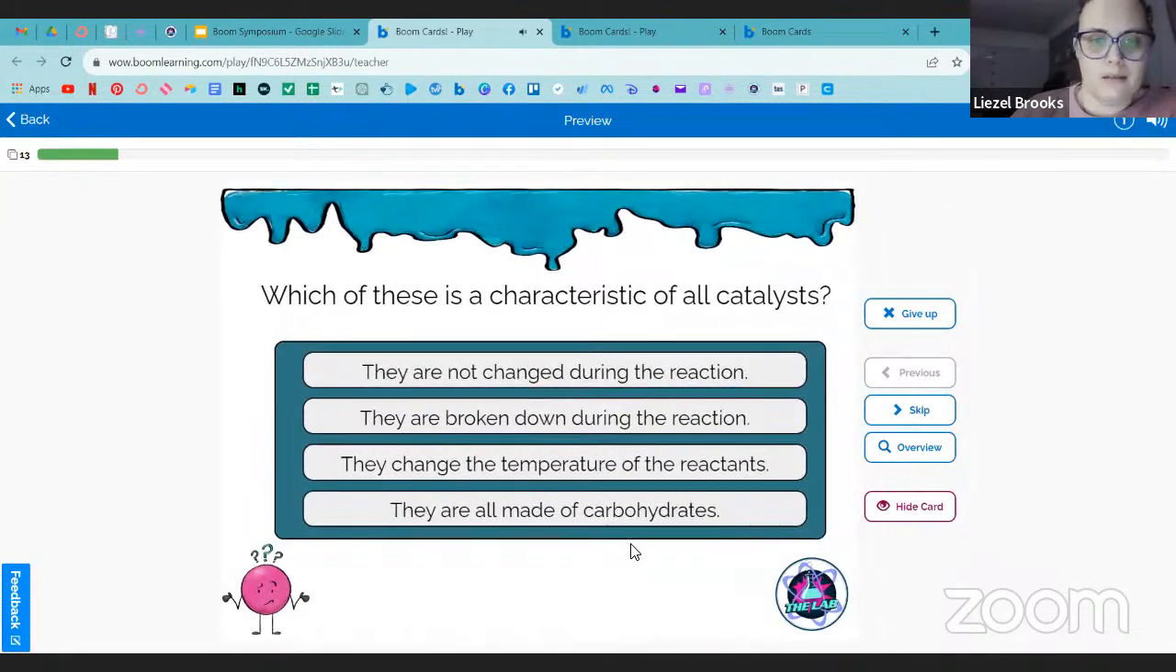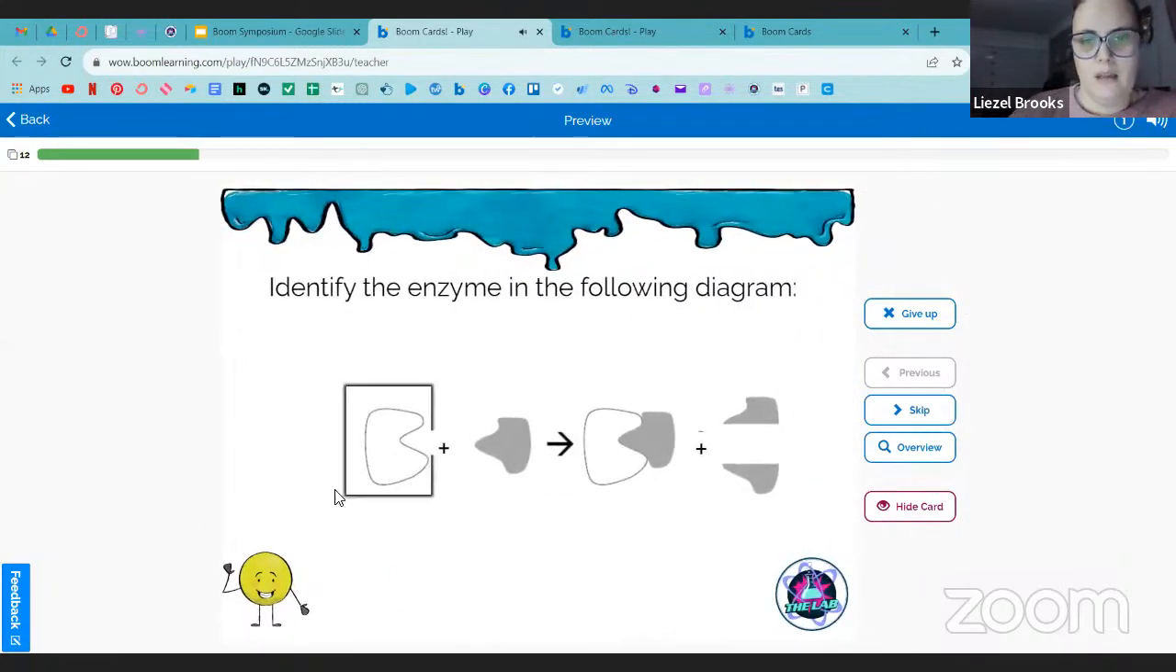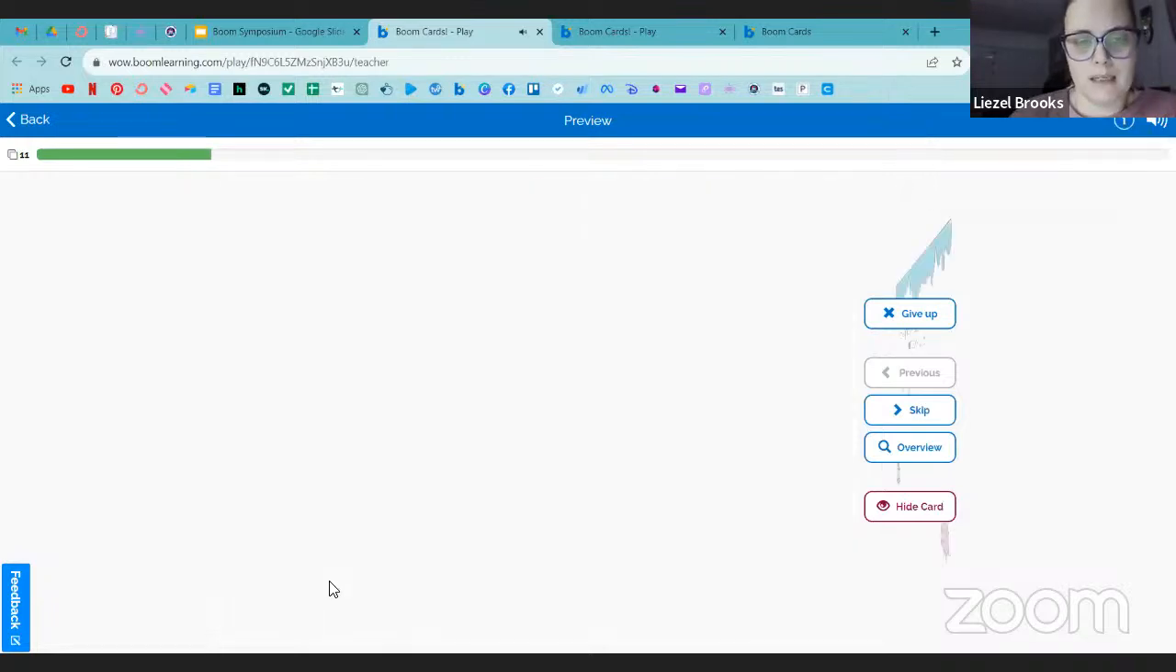Just, yeah, nothing too complicated. Just, do you know this? In most of my decks, I do include different types of things. So you've seen previously, it will be multiple choice, pick the correct one. Here it's actually images, and they have to go and select the correct image,